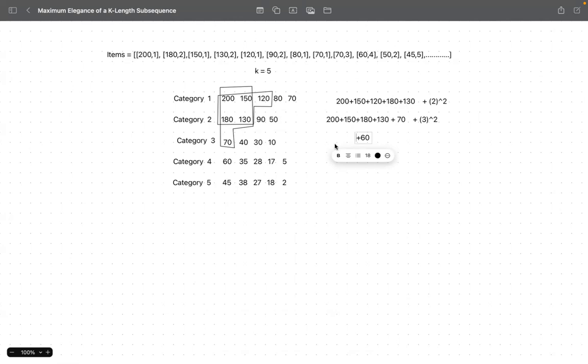So I'll remove 130. Okay, so finally what we will have is 200 plus